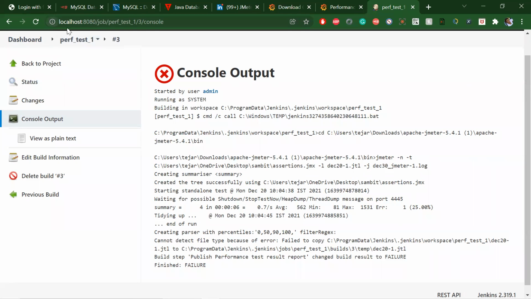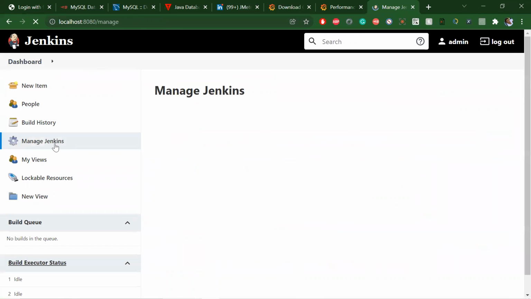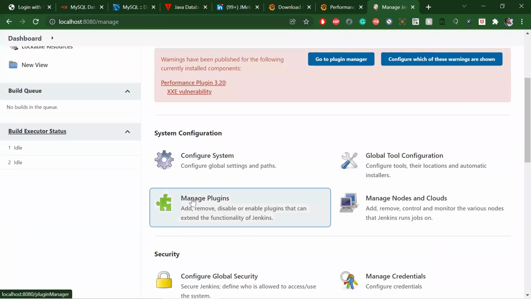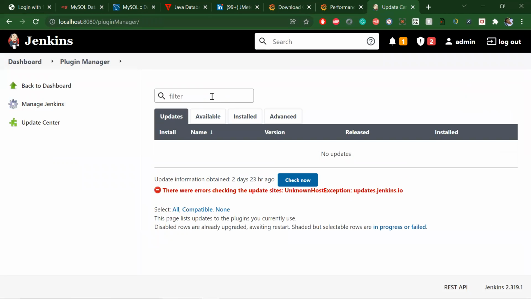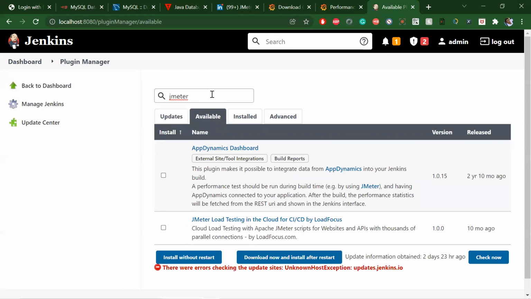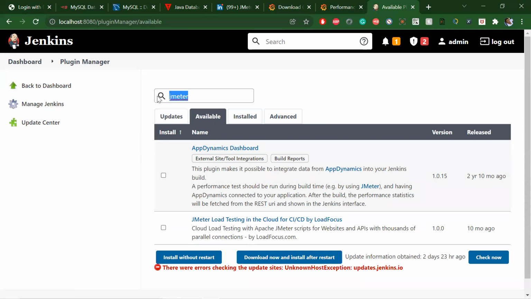And we can have multiple plugins. Let's check what other plugins we have. Let's search for JMeter directly and see if we have anything.